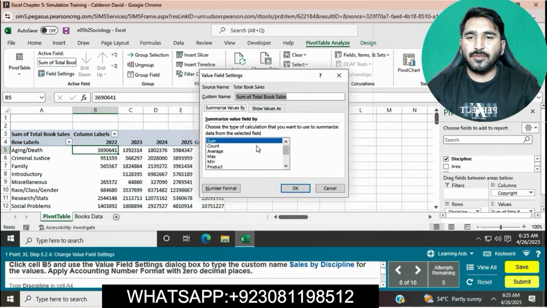Click on cell B5 and then in the PivotTable Analyze tab, go to the Active Field group, click on Field Settings, and then we will type the custom name: Sales by Discipline.